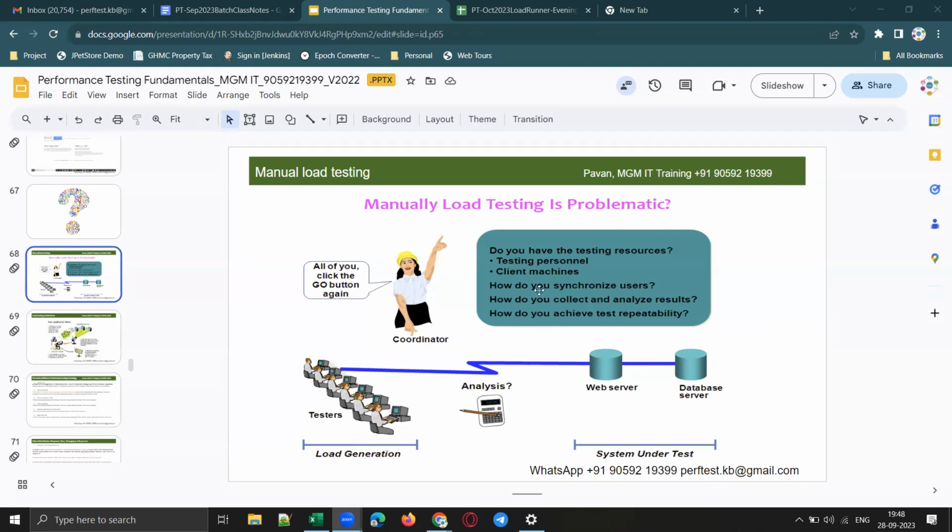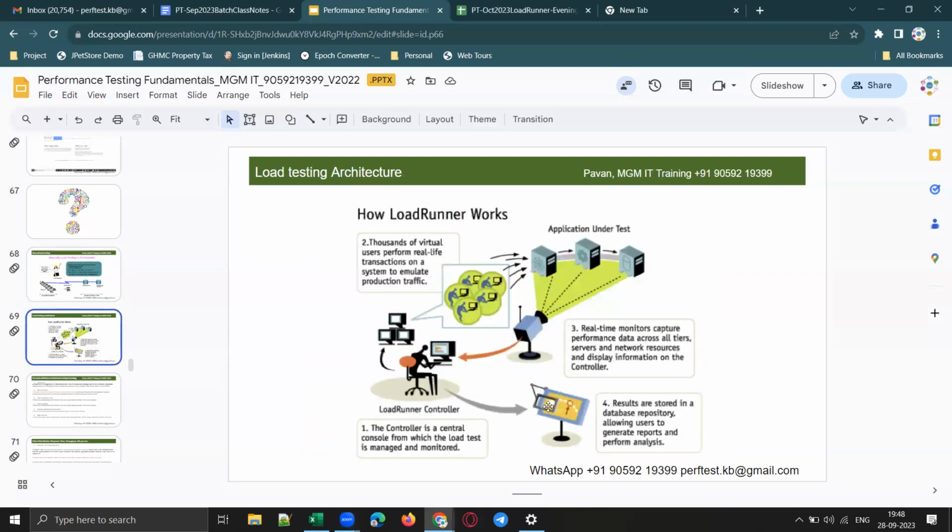Yes. And if you want to achieve test repeatability, if you want to repeat the test also, again, it's very difficult, right? Most of the applications will have thousands and lakhs of users, right? Most of the web applications, let's say IRCTC or HDFCbank.com or ICICIbank.com, or any desktop application or any mobile app, there will be thousands and lakhs of users, right? So definitely we cannot do that manually, isn't it? We cannot do performance testing for any application manually, and that is why we go for a performance testing tool